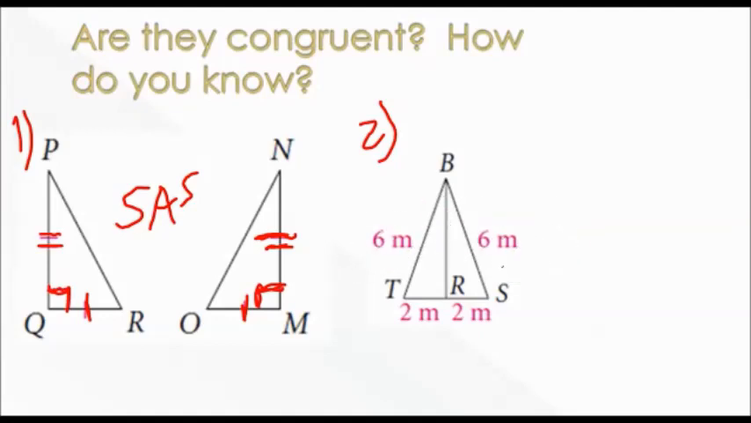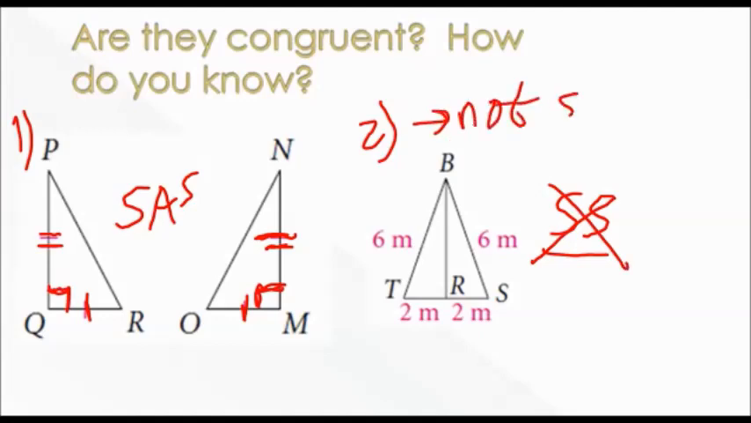All I have here is two sides that are marked. And so I'd say, oh yeah, sure, side, side. But that wasn't one of our theorems, so that's not what we want. Are they congruent? I'm going to say not sure,